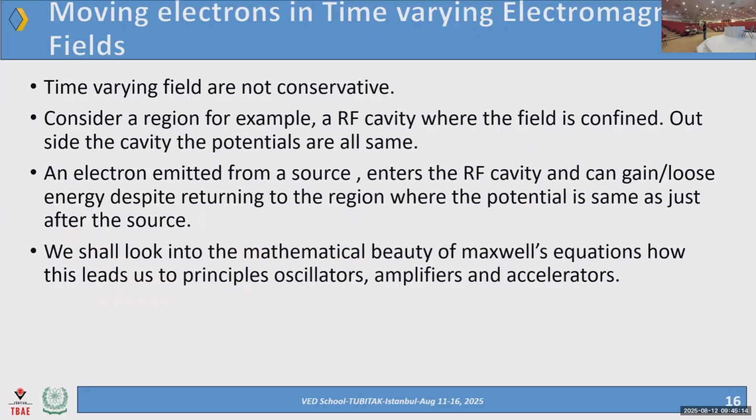The source of electrons is of course an electron gun. It enters the cavity, and again it comes from one point to the other, and Maxwell's equations are basically doing the magic which is happening inside those cavities. So for the next few slides, we will be going through that